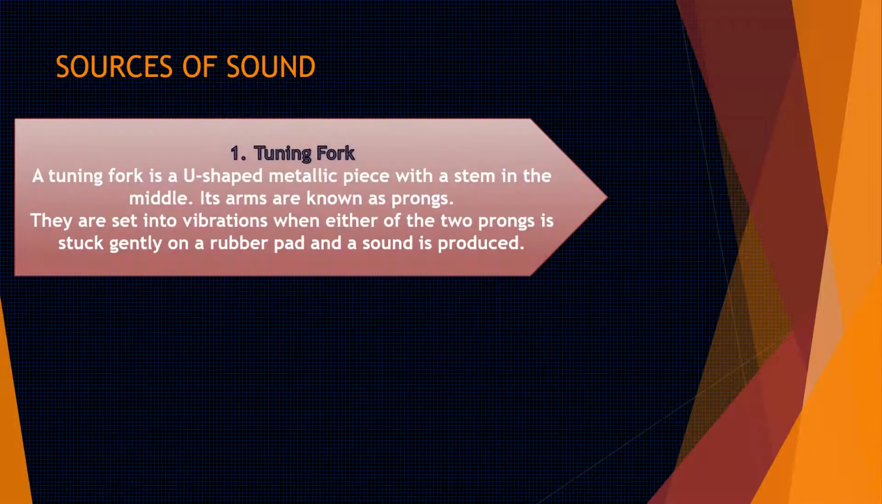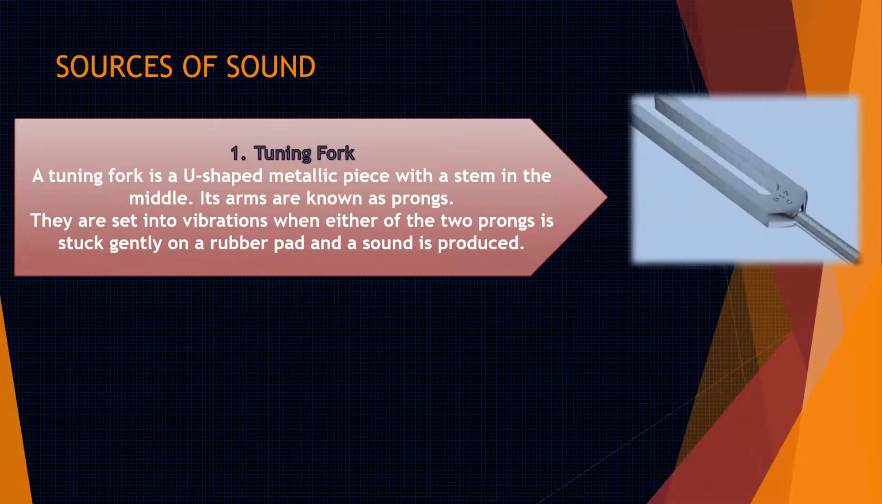Let us now discuss some sources of sound. First one is tuning fork. A tuning fork is a U-shaped metallic piece with a stem in the middle. Its arms are known as prongs. They are set into vibrations when either of the two prongs is struck gently on a rubber pad and a